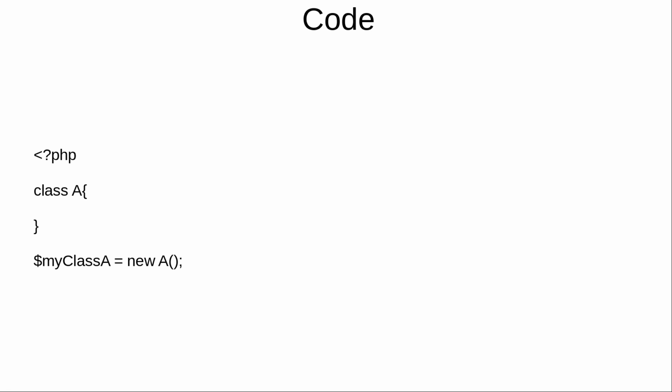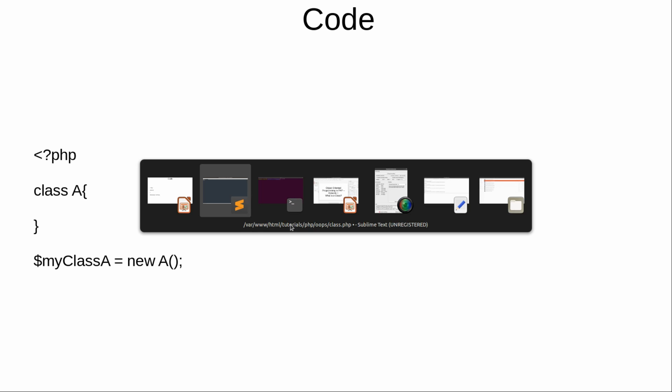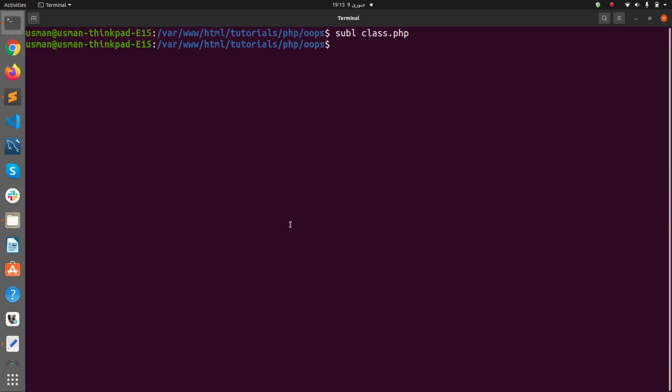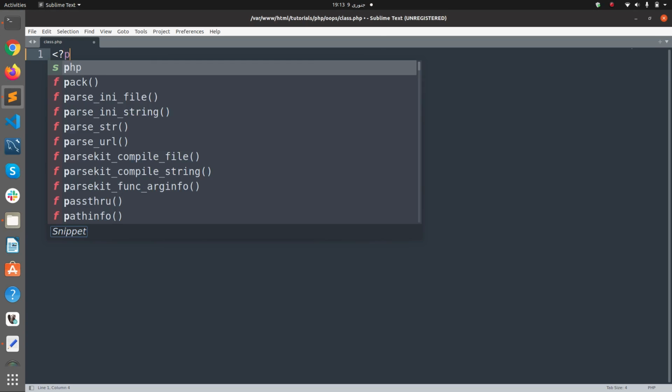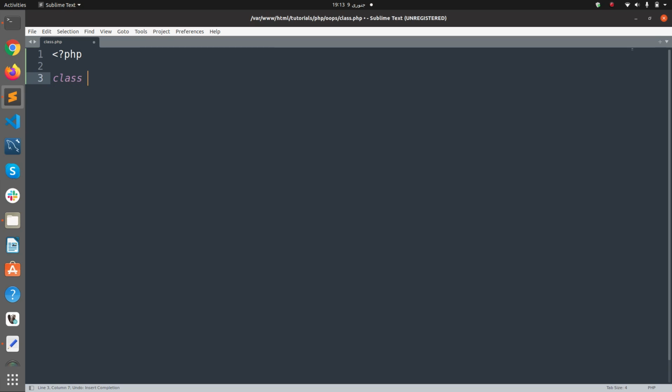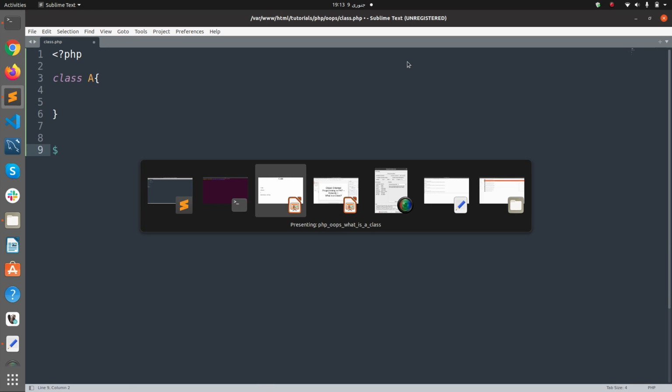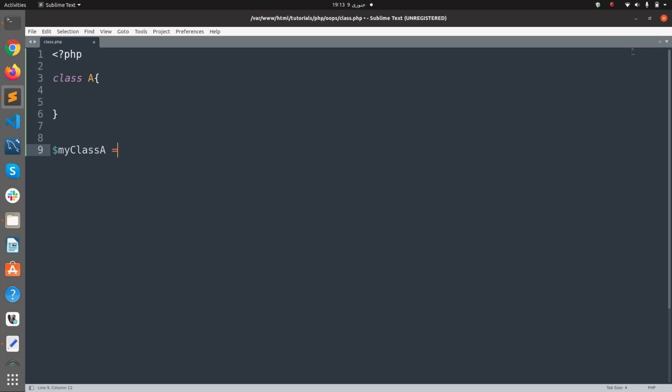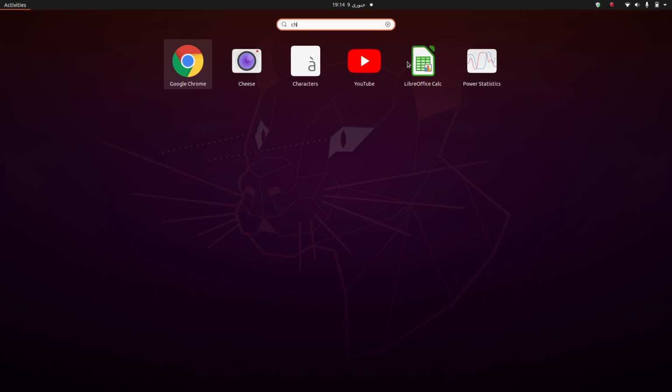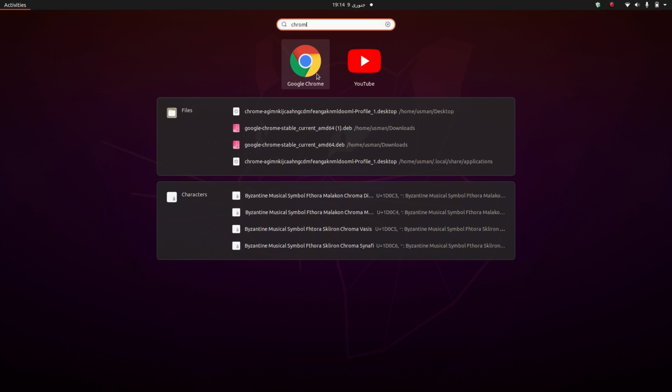So let's get started. This is a very simple code. I have defined a class A, and at the bottom I have created an object of class A with the new keyword. Here I have created a file called class.php, and in that file I'm going to start the PHP code. So class A, an empty class, and here I'm going to create an object of class A, that is my class A equals new A. So if I save this file and go to the browser to see the output here,